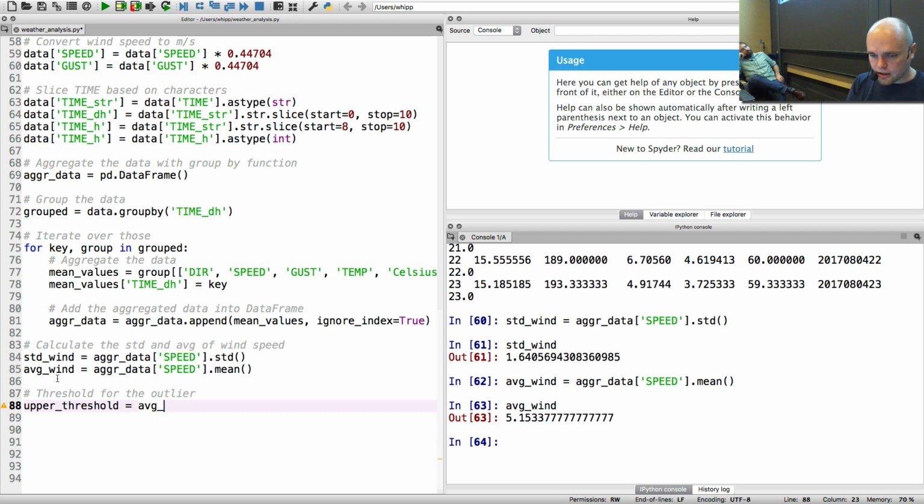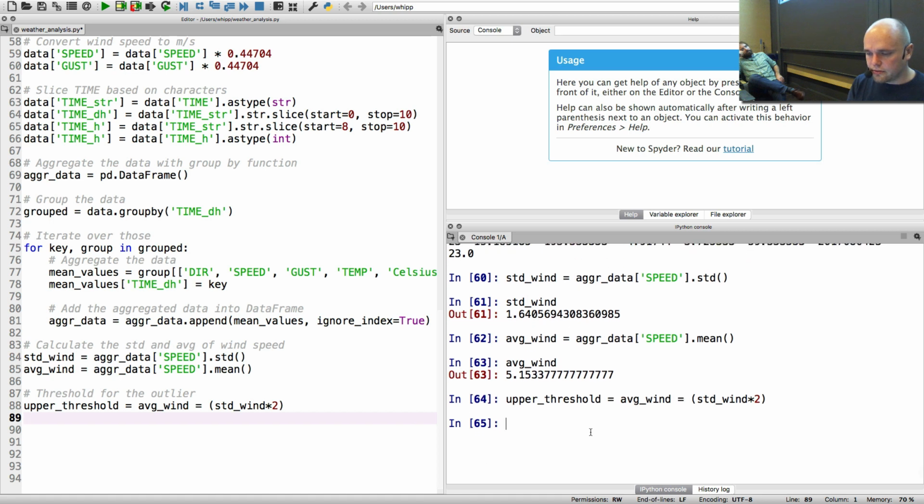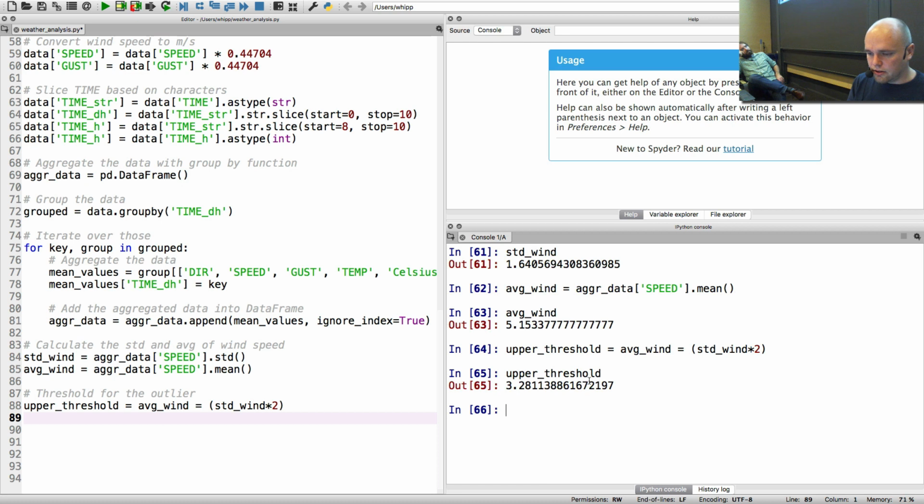AVG wind plus the standard deviation wind times 2. So this is the criteria for specifying an outlier in our data. And let's see if I execute that and see what we have. So it seems that the upper threshold,